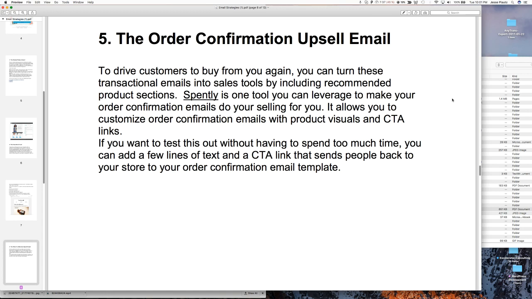The order confirmation emails have very high open rates. Basically, everyone opens those emails. So you don't want to ever miss an opportunity to reach out to your customer and get a message in front of them, and an order confirmation email is a super good way to do that. And the interesting thing about this,